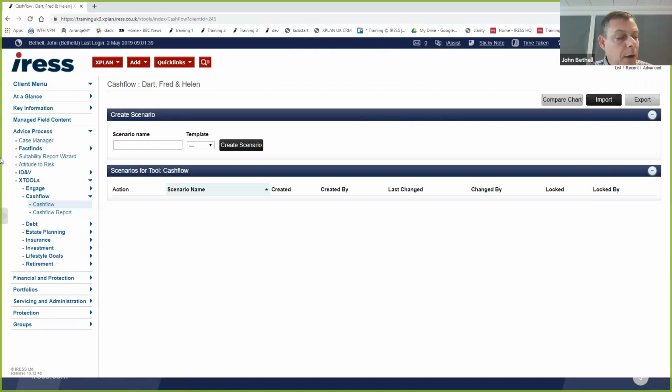But what I'm going to do now is actually run a live cash flow for you, start to finish, so that you can get a feel for how long this can take. I'm just going to label that current position. And I'm going to pick up a template. Within the background, within Cashflow, we can have a number of templates that will just overlay your house settings.